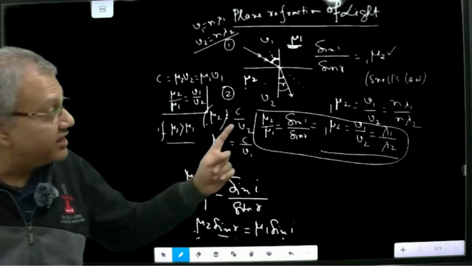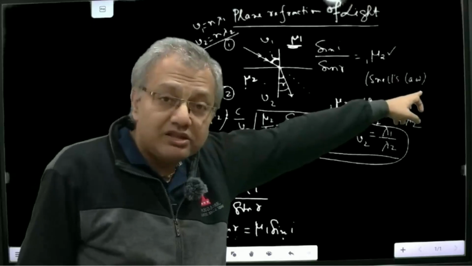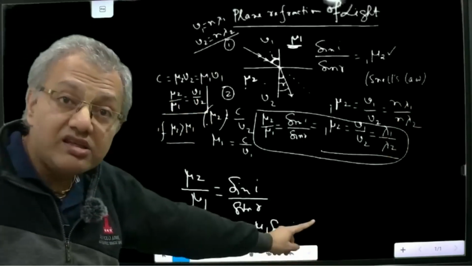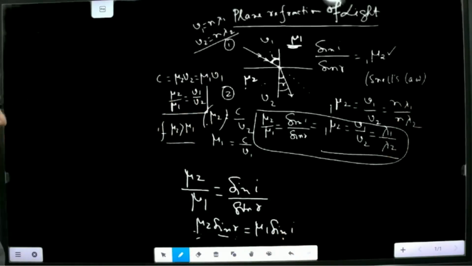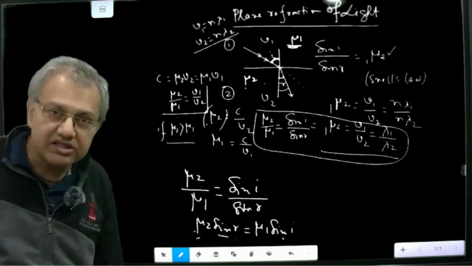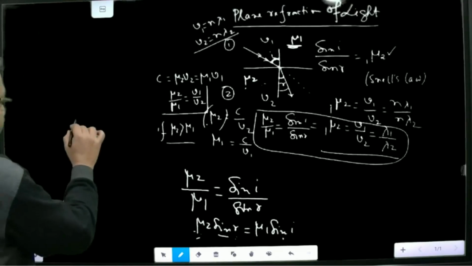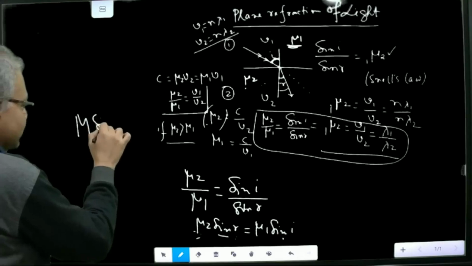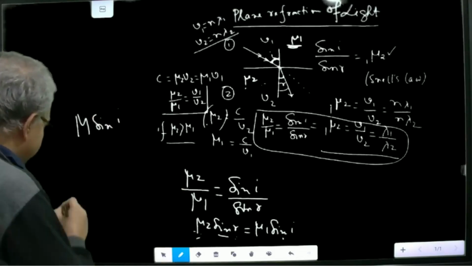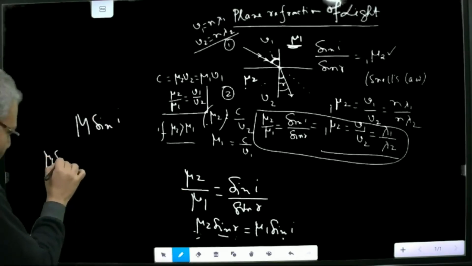That is called generalized Snell's law. This is the normal Snell's law and this is called generalized Snell's law. Everyone understanding, children? I think you understand. Yeah? Very good. So simply we can think that mu into sine I, I can say just like mu1 sine